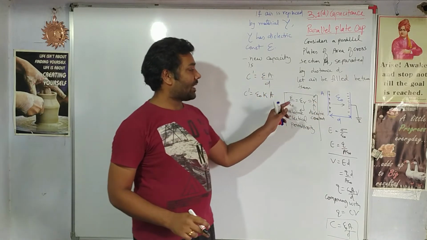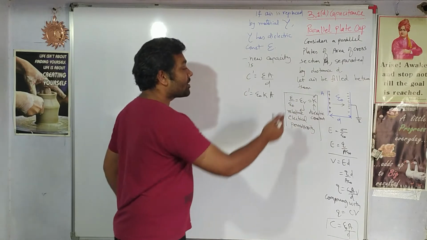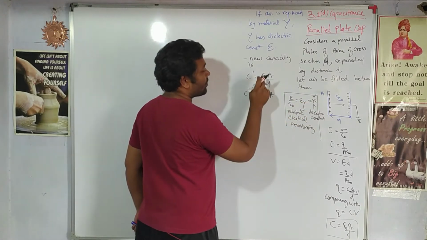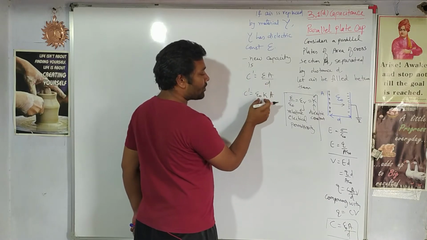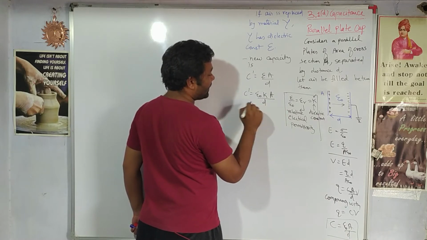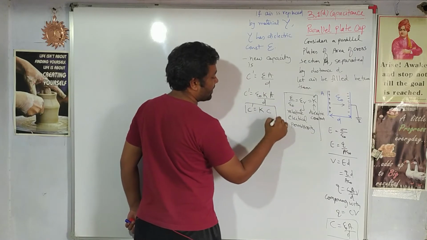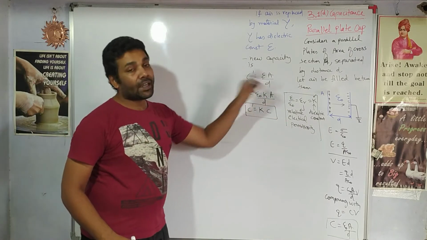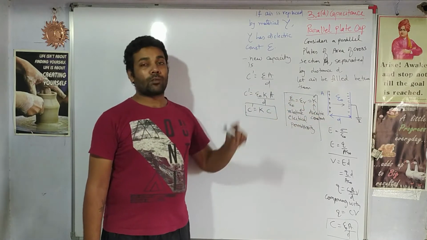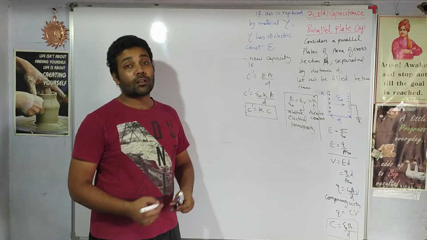Generally, the permittivity of a substance is compared with that of air to obtain relative permittivity. This relative permittivity helps us to do comparison. What type of comparison? Let us see that. So now if we substitute permittivity in terms of relative permittivity or dielectric constant, we can say that it is K times epsilon naught A by D. This is nothing but the capacity of the original capacitor. So the new capacity will become K times the original capacitor. That is the reason why we make use of this ratio. This ratio helps us to compare that the new capacity will become K times the original capacitor.